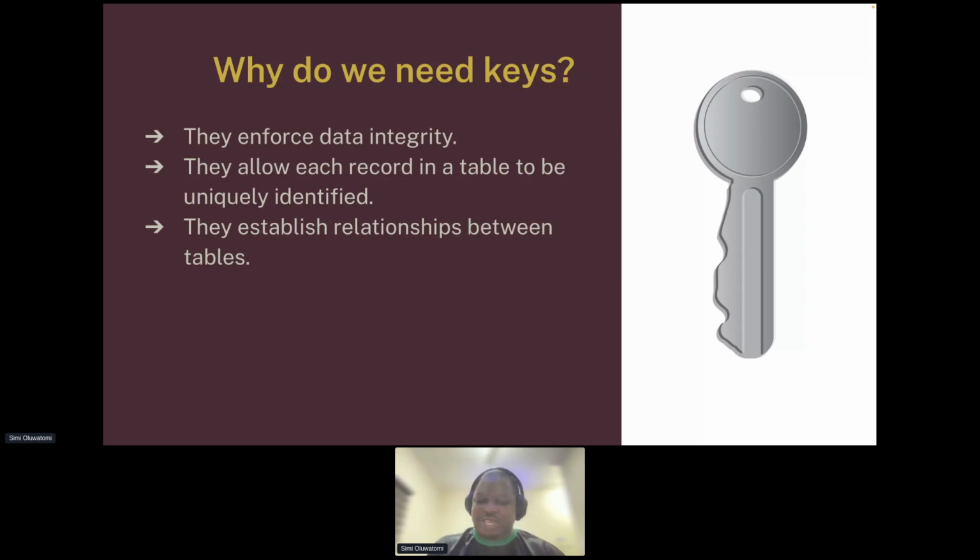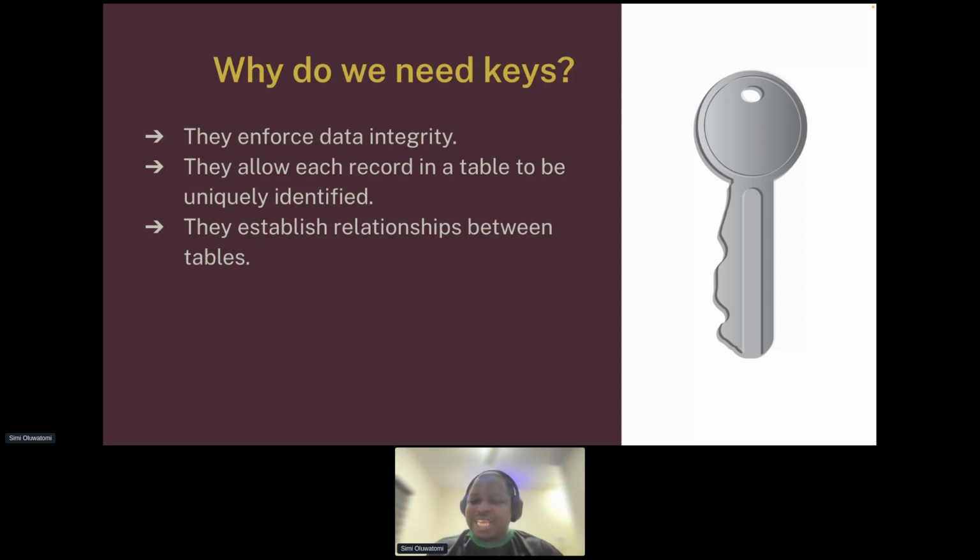So again, you can see that even in the human body, we have keys, right? Then the third analogy is that everybody has a unique DNA. Everybody. The baby that is going to be born in the next 5 minutes has a unique DNA. The person that will be born in China in the next 1 hour has a unique DNA.